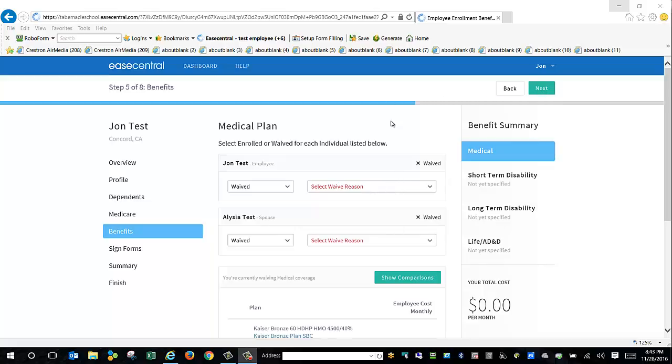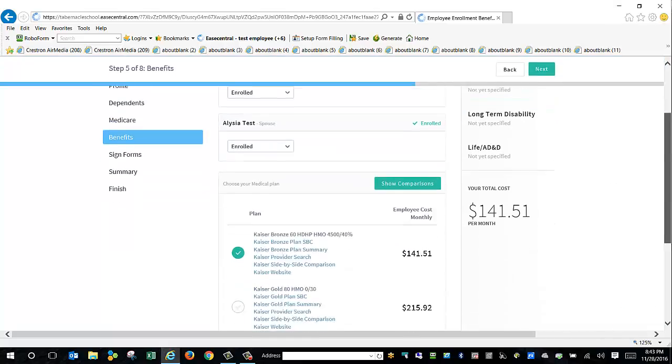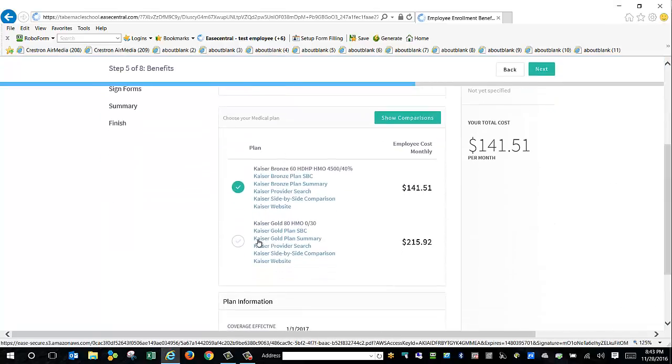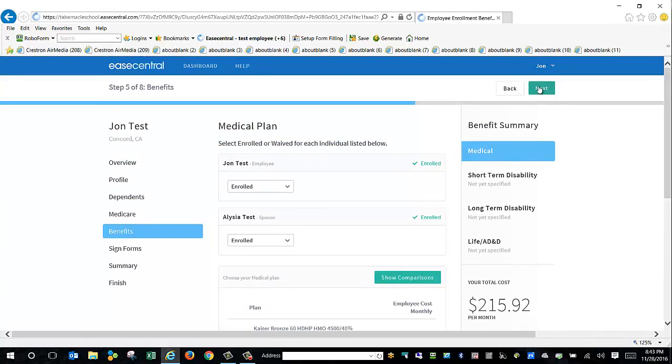To enroll in benefits, pretty much the same process, except you're going to click the enroll next to each one of yourself and your dependents, and then you're going to scroll down and select the plan you'd like to enroll in. You can either select the Kaiser Gold or the Kaiser Bronze. As you can see, your total cost per month is going to change depending on the plan you select. I'm going to select the Gold plan in this instance, and we're going to click Next and enroll in that